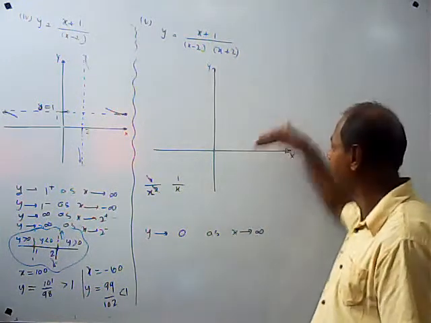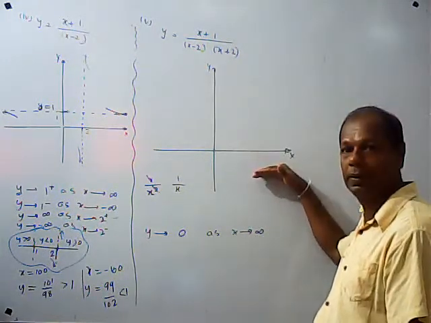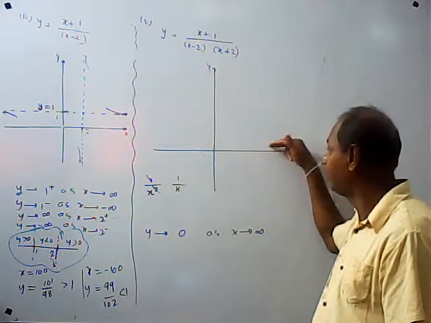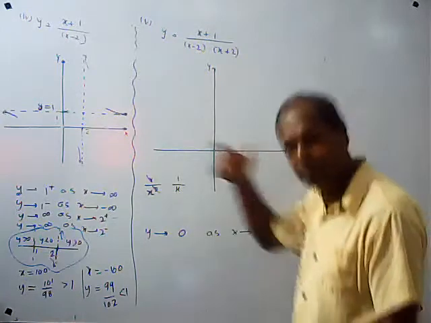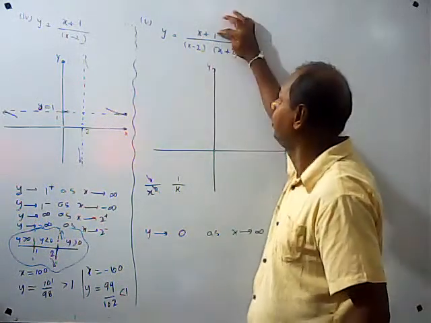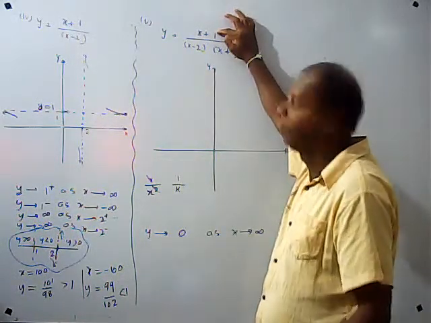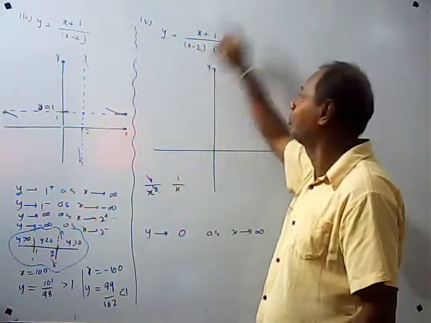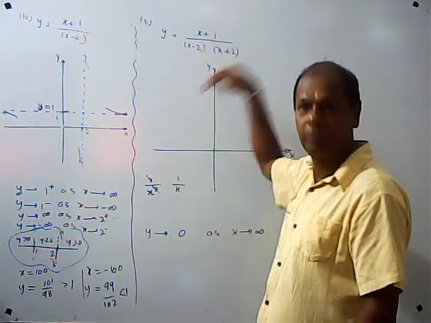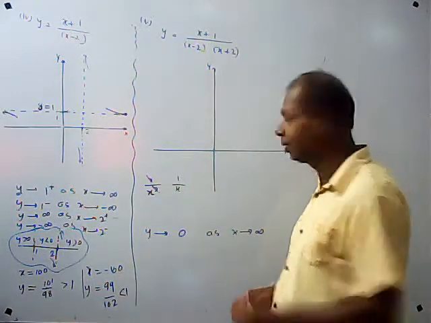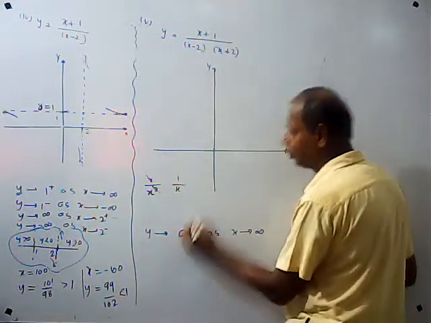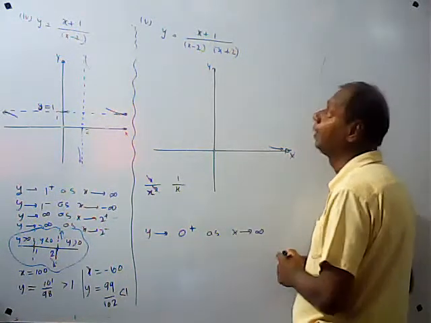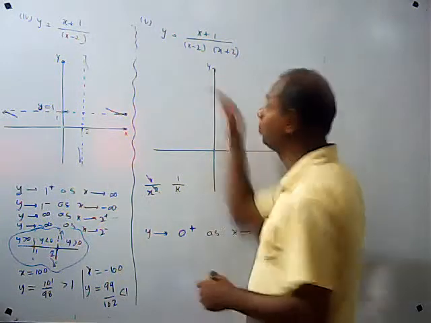Then the question is whether from above or below, as x is very big, whether y values are positive or negative. You can easily check. As x is very big, this will be positive, this will be positive, this will also be positive, so it will be positive finally. So y will go to 0 from the positive side, right? Then as x goes to negative infinity,